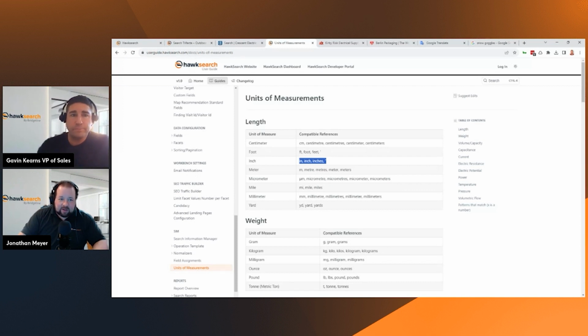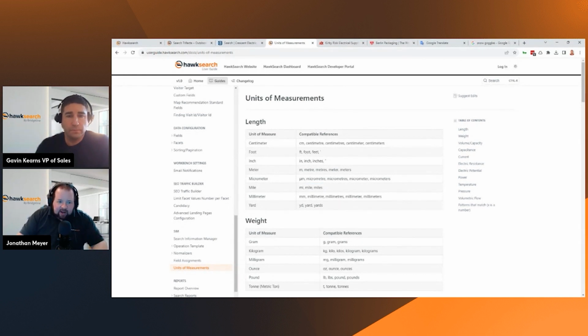Yeah, 100%. And actually here, just to help demonstrate that, I'm pulling up the list of all of the built-in units of measurement that HawkSearch already understands. So we've been showing you length, but like Gavin was just talking about there, we were doing feet and inches. Well, within this concept of length, HawkSearch also understands that imperial to metric conversion. So how many centimeters are in an inch, how many yards are in a mile, and be able to convert against those and all of the various ways that unit of measurement might be supplied.